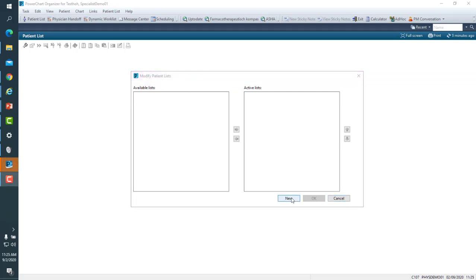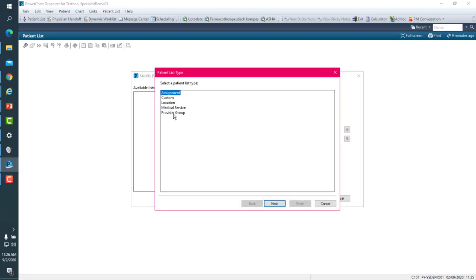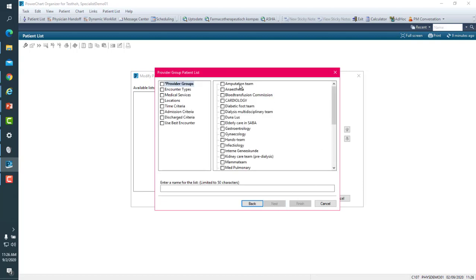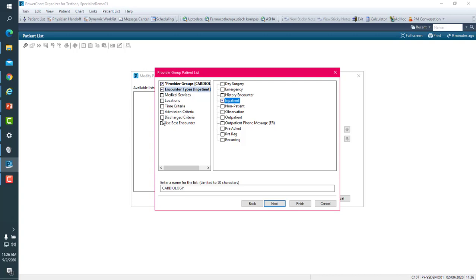Let's say you want to make a list with all the patients that are admitted in the hospital and being treated by your provider group. For example, the cardiology provider group. Click on New and select Provider Group. Click on Next. From the list of provider groups, select Cardiology. Then select Encounter Types and select Inpatient. To complete the list, select Discharge Criteria and then select the second option, Only display patients that have not been discharged. Then give the list a name